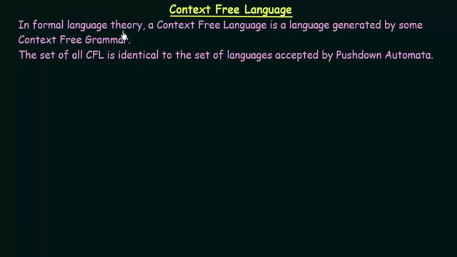In formal language theory, a context-free language is a language generated by some context-free grammar. So, just like regular languages were generated using regular grammar, the languages that are generated using context-free grammar are known as context-free languages. And the set of all context-free languages is identical to the set of languages accepted by push-down